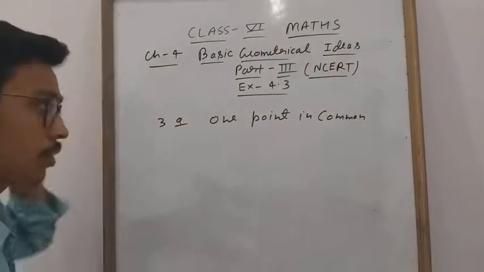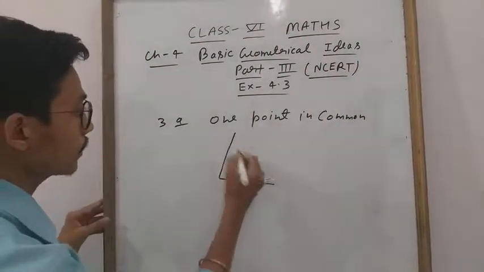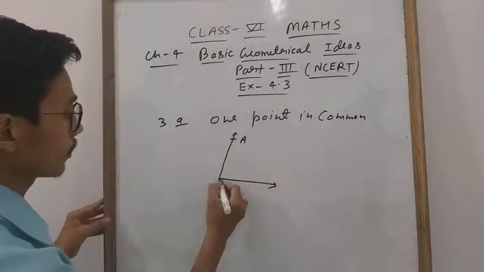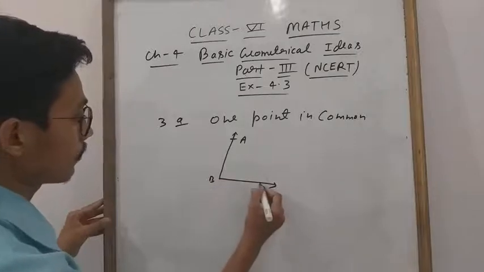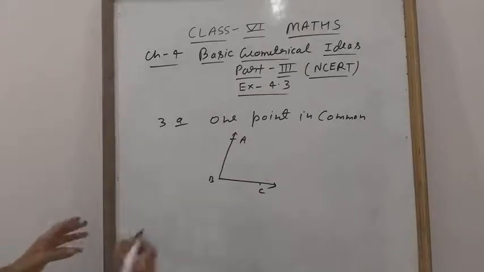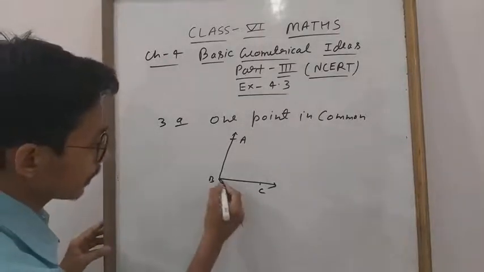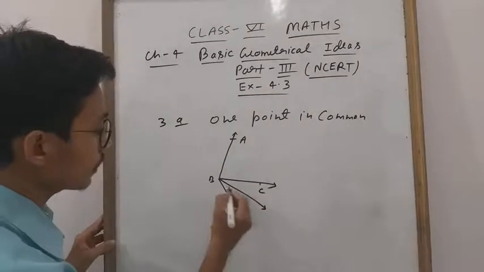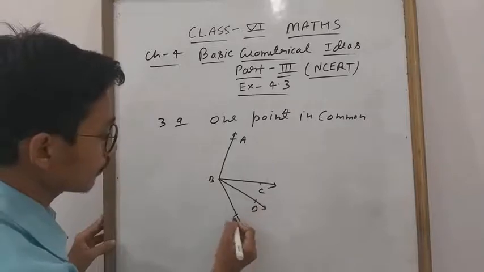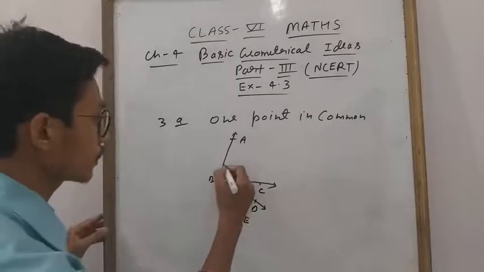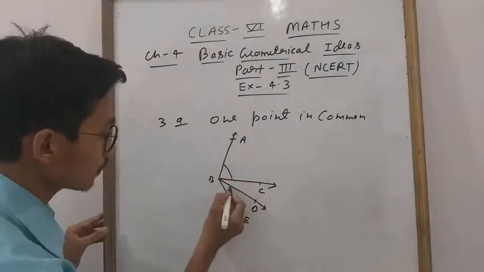See, students, how will you do this question? You will simply draw an angle. Clear? Let us say this is A, B, and this is C. One point should be common. Clear, everyone? One point should be common. So what will you do for this one? You will make another angle like that. Okay. So see this one, A, B, C. You can give them D, then give E. Okay, everyone. So when you see now, this is one angle. You can mark this as the second angle.